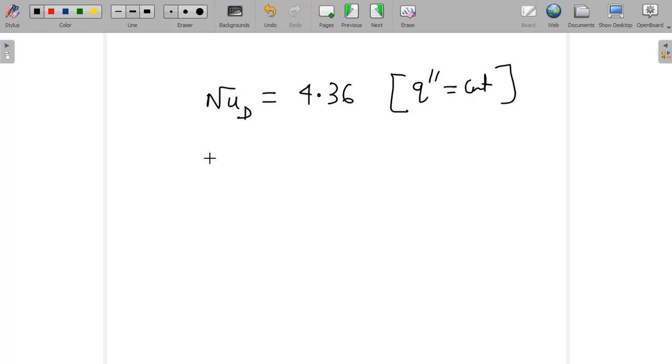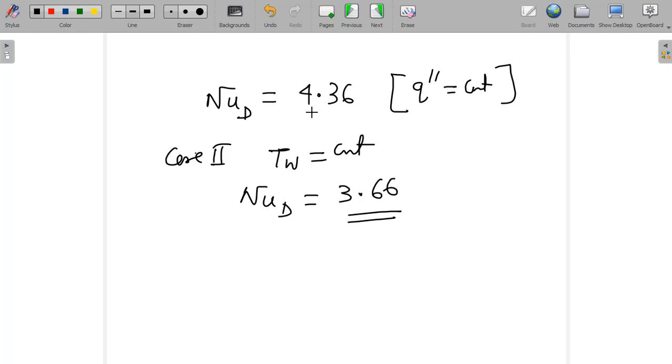If you consider case 2, that the wall temperature is constant, in that case you are going to get the Nusselt number. Definitely the integration and the algebraic manipulations are a bit difficult, mathematically challenging, but if you do, you will find that the Nusselt number is 3.66. Remember that in a fully developed region this Nusselt number is constant, that is not changing, because h is constant, h by k is constant. That is why the Nusselt numbers are constant.